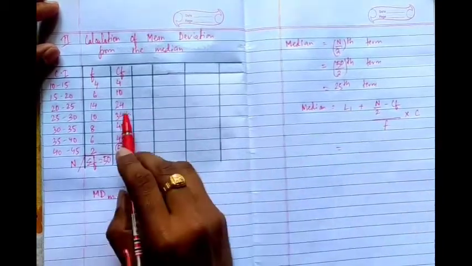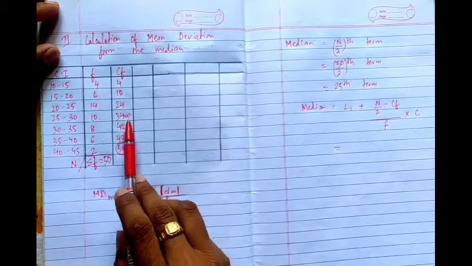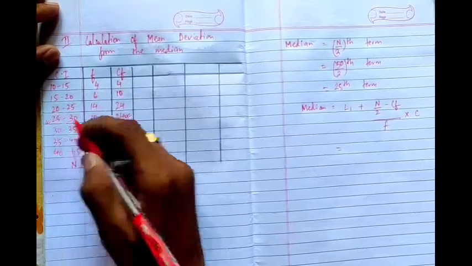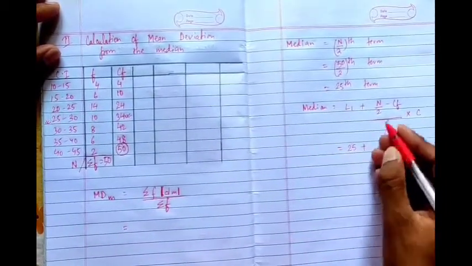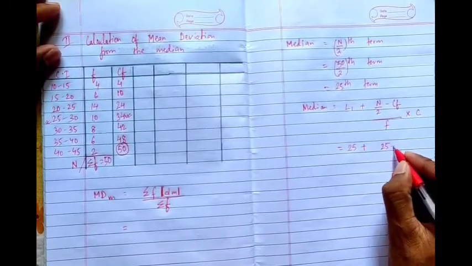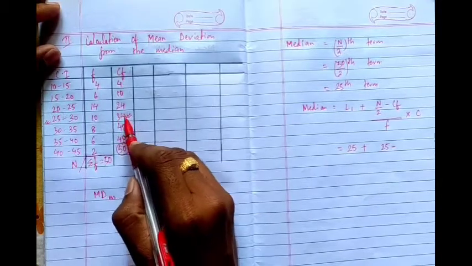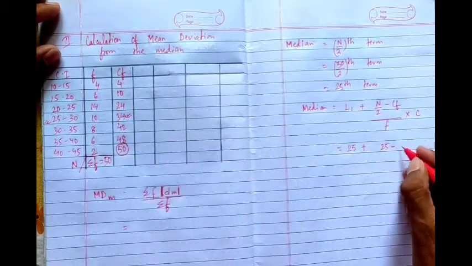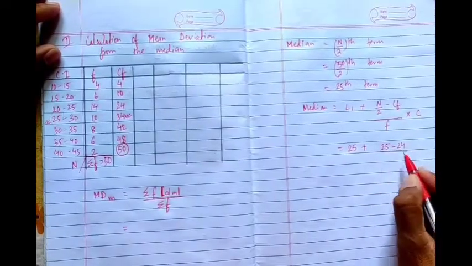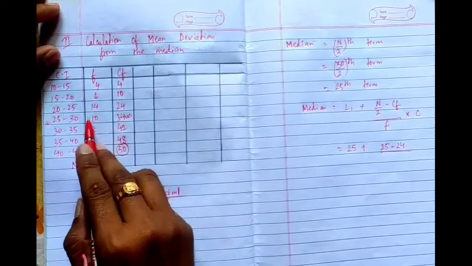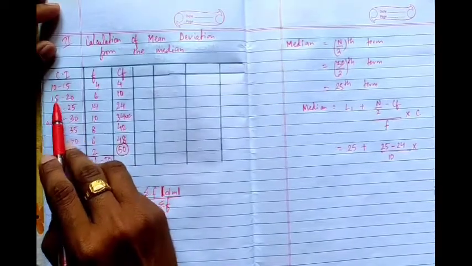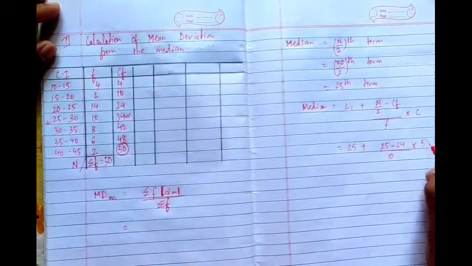Now where is the median lying? That is the 25th term, here in 34. So what is the class here? 25 to 30. So 25 is the lower limit here. So we'll put 25 here plus n by 2. How much did we get? 25. We'll just put the value of n by 2, 25, minus. So here in 34 the median was lying. So what is the CF above that? 24. So we take the CF which is above it, so 24. Now divided by f. So what is the frequency of this class? 10. 10 into c. c is the length of the class. So what is the difference here? 10 to 15, 15 to 20. 5 is the difference. So c is 5.